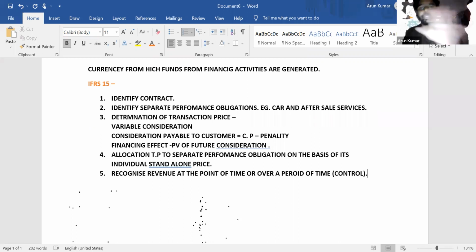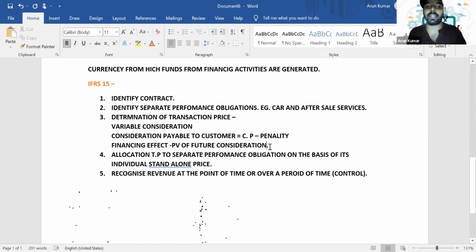So there won't be many mistakes with respect to revenue recognition, because that's a very important line item in the P&L. If there is any kind of misstatement in your revenue figure, the whole P&L will get manipulated, right? So it's very important to understand the revenue recognition model. This is a 5-step model for recognizing revenue.